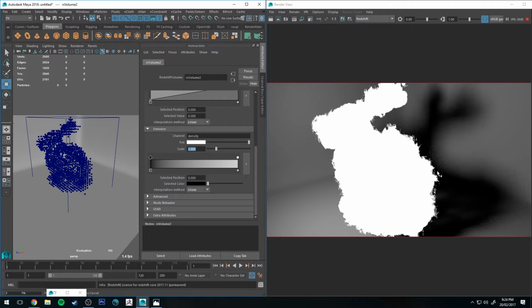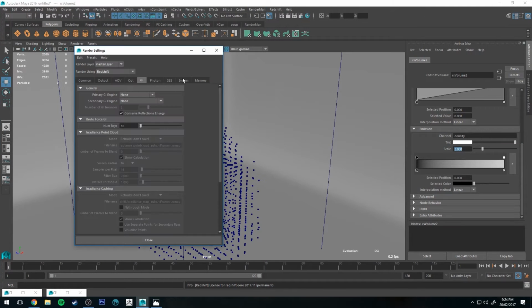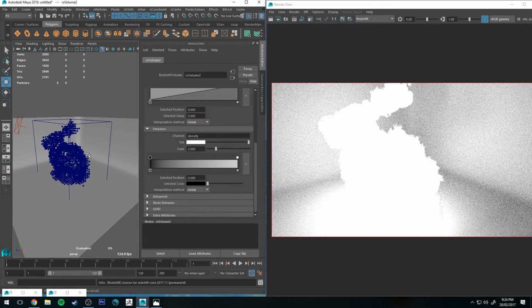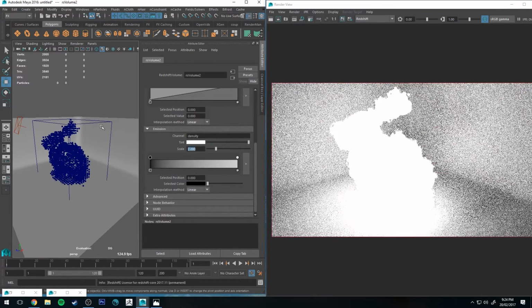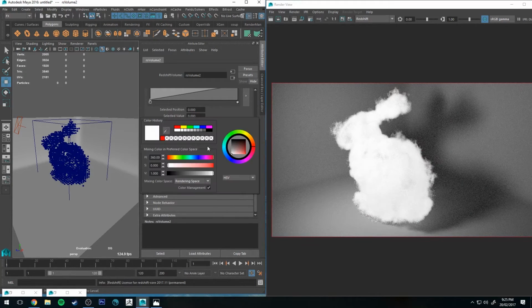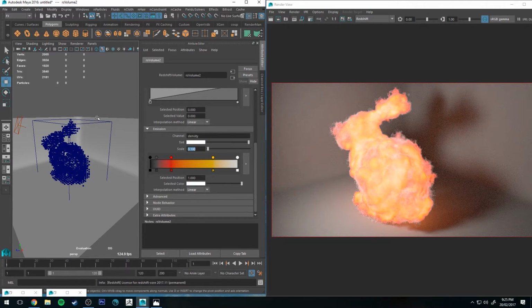Now, one thing you will notice is that the background is not being lit, and that's because we don't have GI on. So we need to enable that in the render options. Just go to GI, and then we'll use brute force on both channels. And now you'll see that our bunny is lighting up the scene rather dramatically. So you want to scale this back to something low. You can do that. Tint, obviously, you can tint the color. And then also you can use a ramp as well